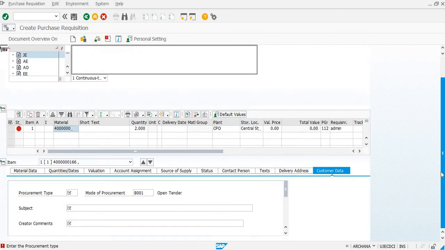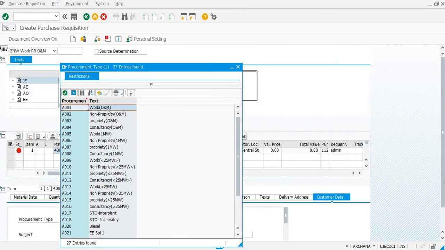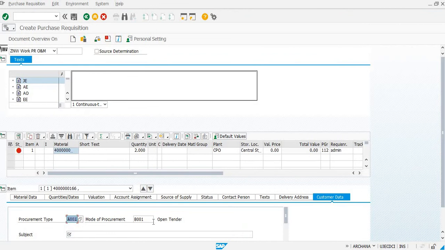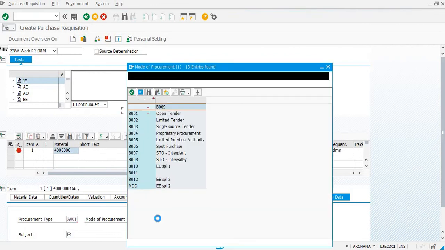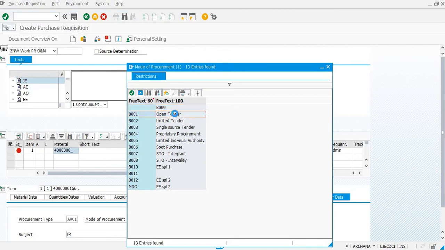Now after clicking enter, the new fields are opened. We need to enter the procurement type and mode of procurement. Since we are creating a work PR, we'll select A001, that is work O&M. And the mode of procurement. We'll take open tender as the mode of procurement in this case.